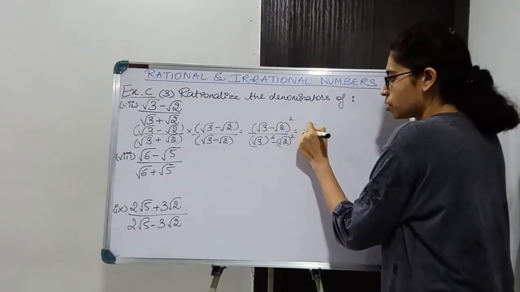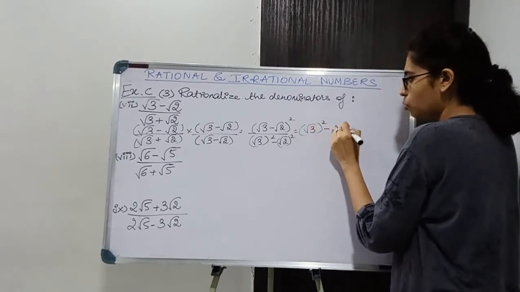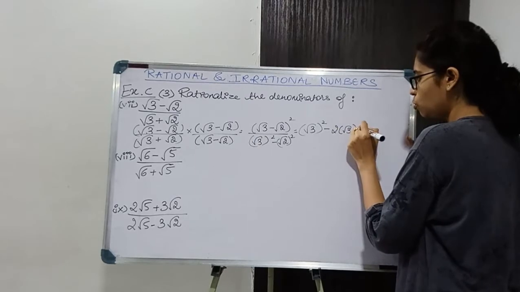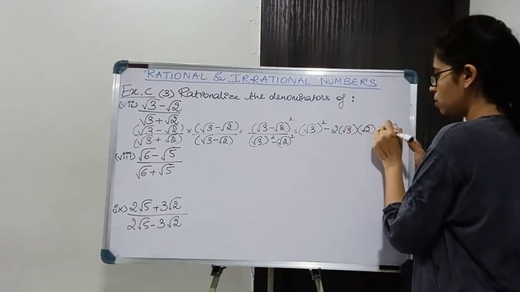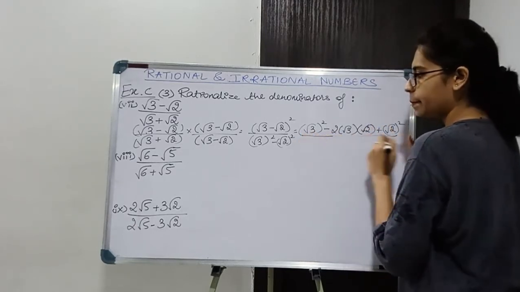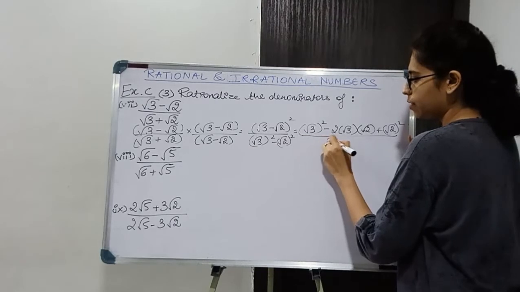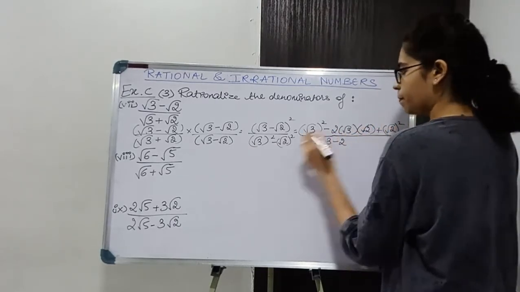So root 3 square minus 2 into root 3 into root 2 plus root 2 square हो जाएगा, and over here in denominator I'll get 3 minus 2. So 3 minus 2 1 हो जाएगा,